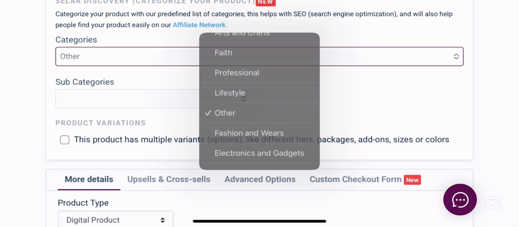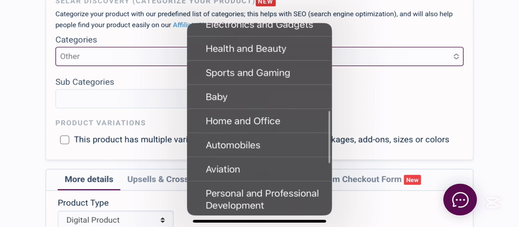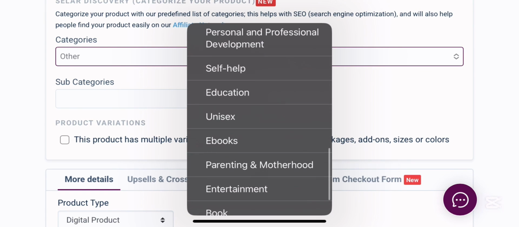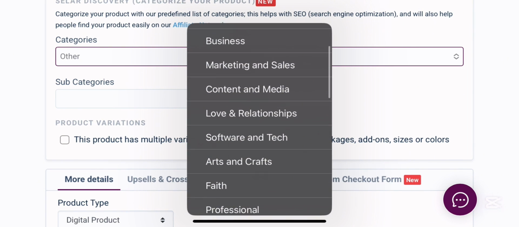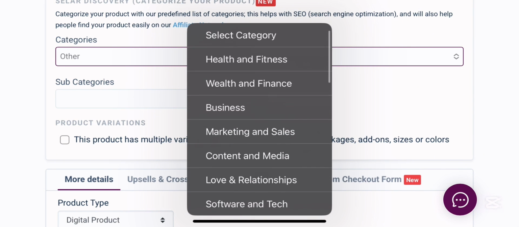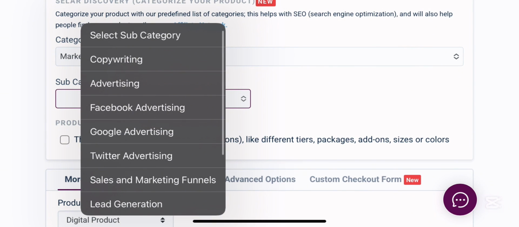So the next thing now is for you to choose your category. Just go through it. We have health, business, arts and craft, faith, professional, lifestyle, others, fashion and wears, anything. Just go through it and choose the best category that your course represents, that your course is in line with. You can just choose it, for their grouping and what have you. So just choose your most convenient